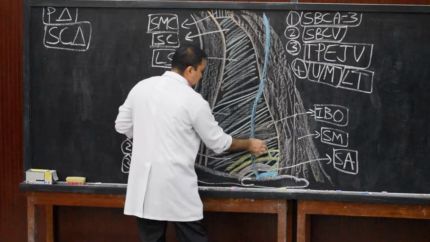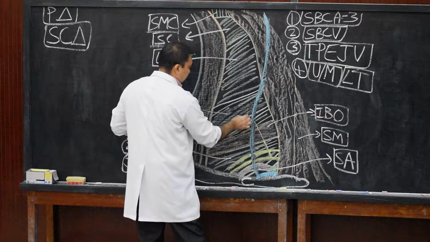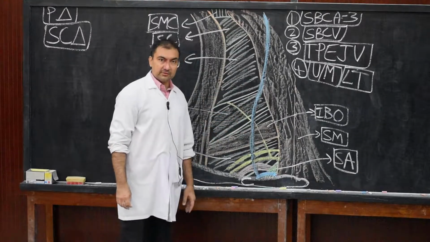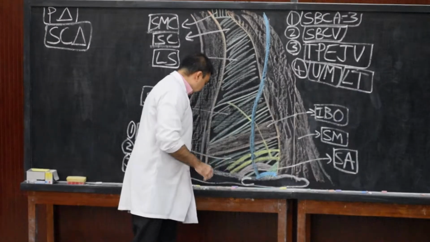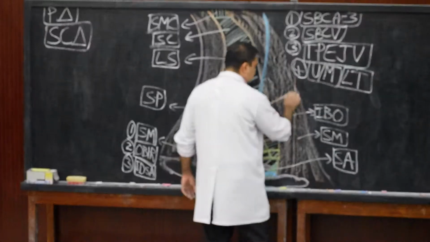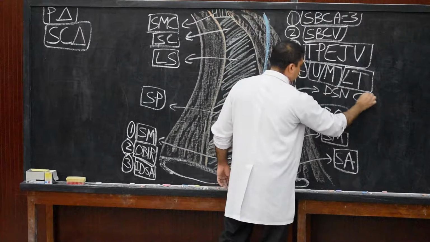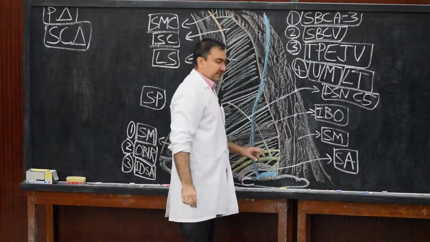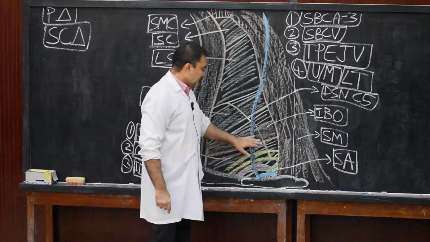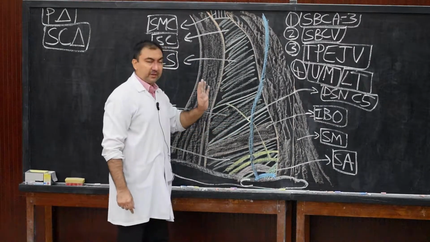Where will it pass? This nerve will pass beneath the levator scapulae muscle in this direction, so it will appear in the occipital triangle also. This is the dorsal scapular nerve, root value C5. So here we are going to show it as dorsal scapular nerve C5. It is piercing scalenus medius within the supraclavicular triangle, and then it will arc upwards, backwards through the occipital triangle as a content, and then pass deep to levator scapulae.